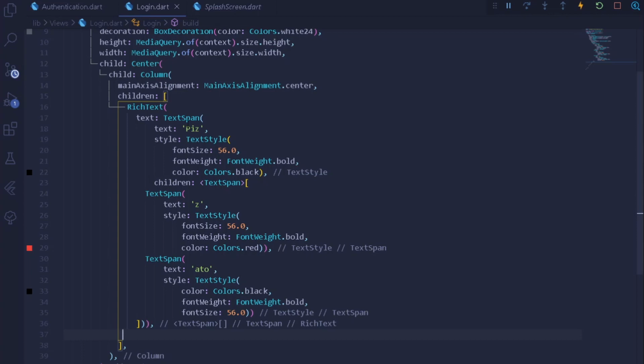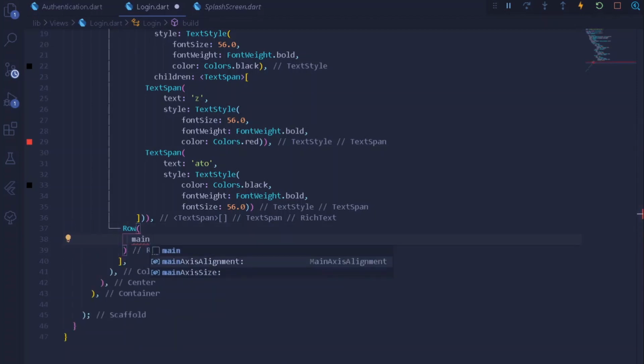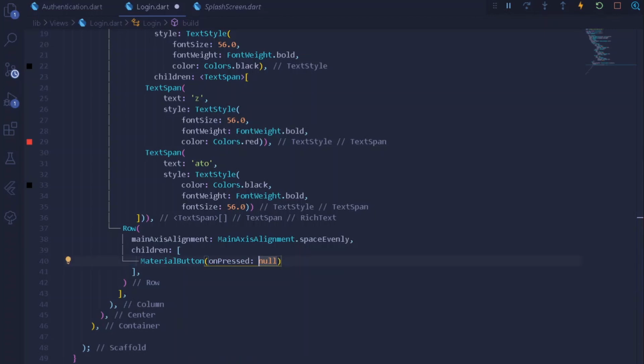So after having the following rich text, we will be having two different buttons for logging in and signing up itself, and after pressing it, a bottom sheet shall be appearing under our Pizzato. So to implement that, I will be simply having a new row having some main axis alignment for space evenly. Cool. So under this row, let's have our children. Under our children, the first child is nothing but a material button itself. On pressing it, it shall be doing nothing for now, but it will be simply having a child to be a text. Now guess what, the text shall be nothing but login.